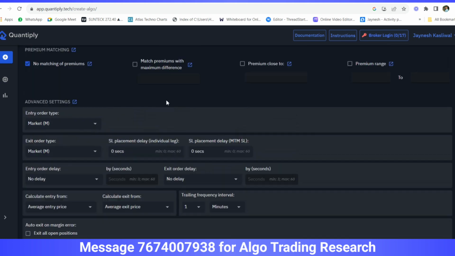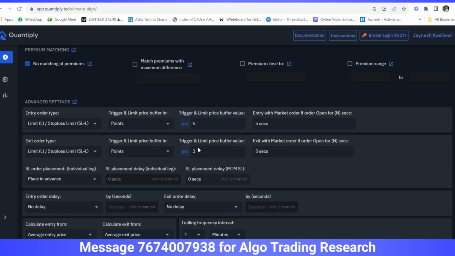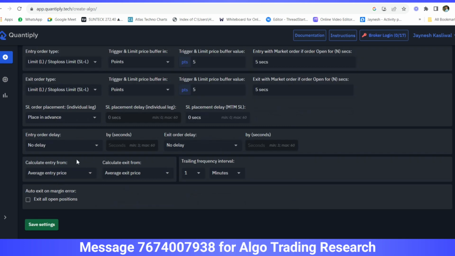गॉट इट। नीचे जाना है, एंट्री ऑर्डर टाइप ऑलवेज लिमिट ऑर्डर with 5 point difference। एग्जिट ऑर्डर टाइप लिमिट ऑर्डर with a 5 point difference। SL order placement, place in advance, there is no delay, entry order delay, no delay, calculate entry price from average entry, exit price from average exit price, trailing frequency should be 1 minute if you are using Quantiply as Stockmock as backtesting, auto exit on margin error, exit all open positions।